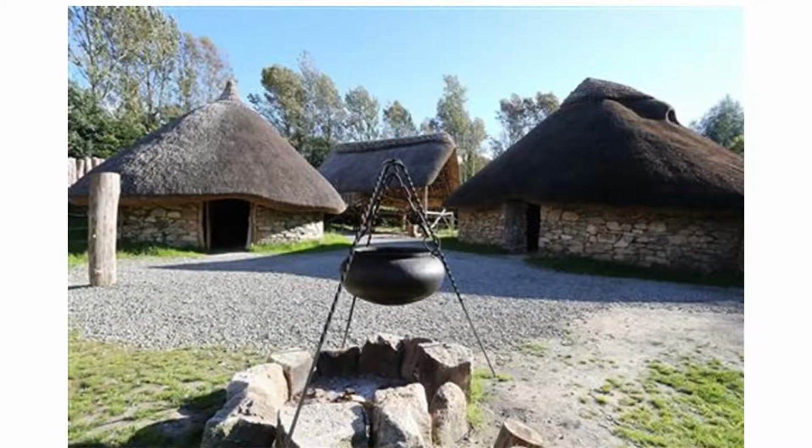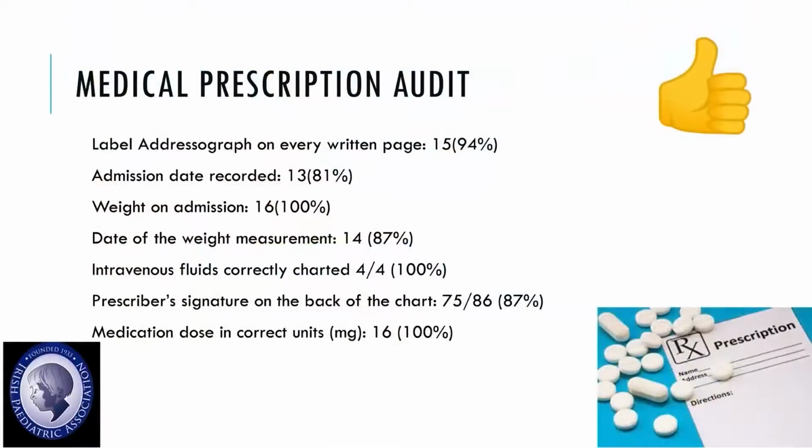And again, another very important cultural location in County Wexford, which allows me to move on to another audit that's